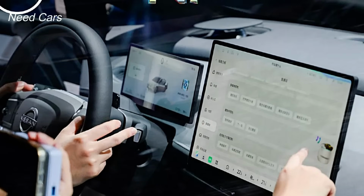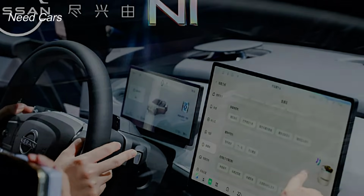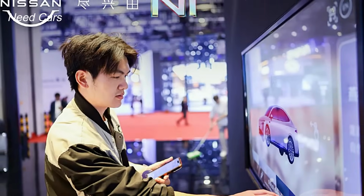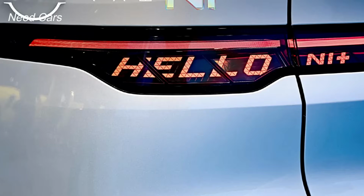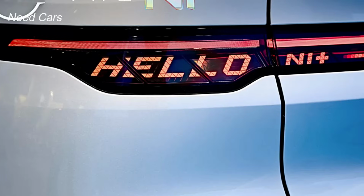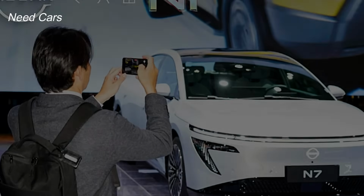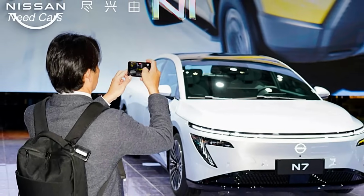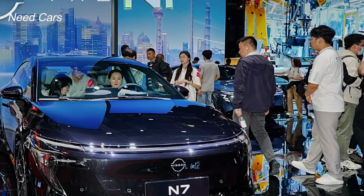With a starting price of just $16,400, the N7 is targeting a much larger audience, especially those looking for an entry-level electric sedan. The N7 is built on the same platform as the Dongfeng EPI-007, a Chinese market vehicle, but Nissan has managed to add its own unique twist, making the N7 a very promising contender in the EV space. It offers excellent value for money, which is something electric vehicles haven't always been known for, especially in markets like